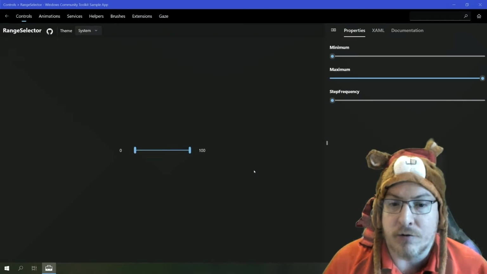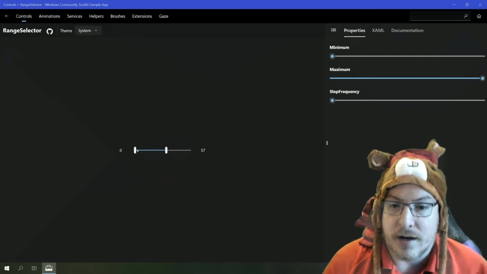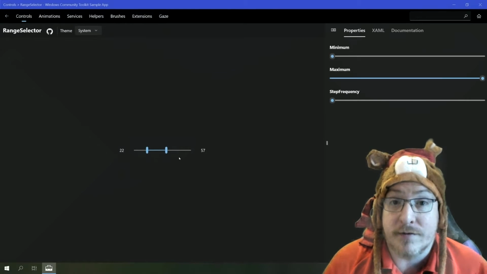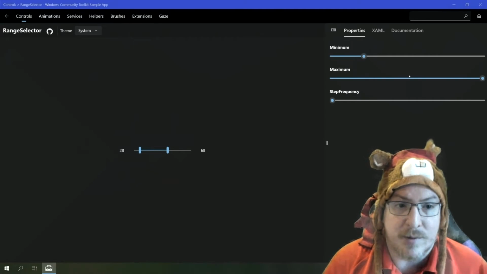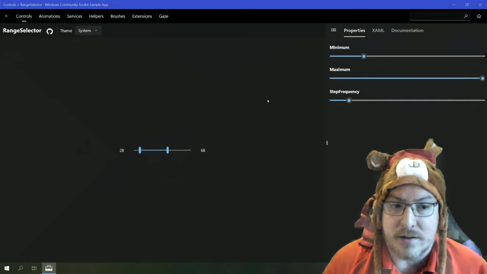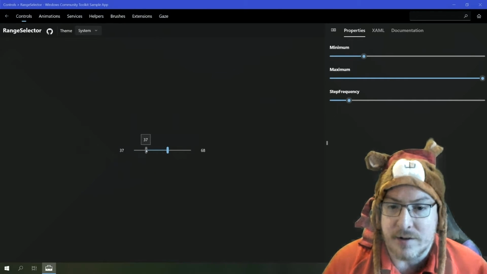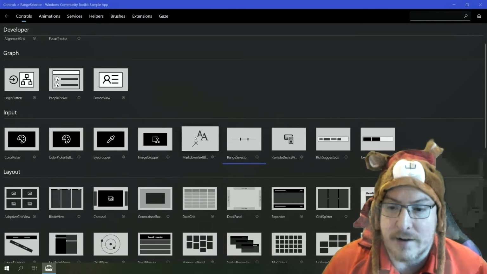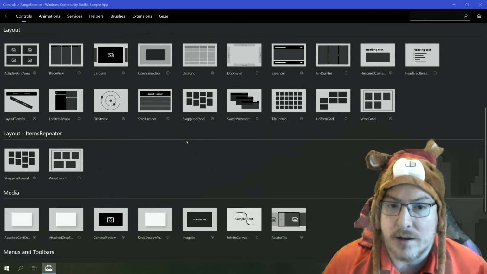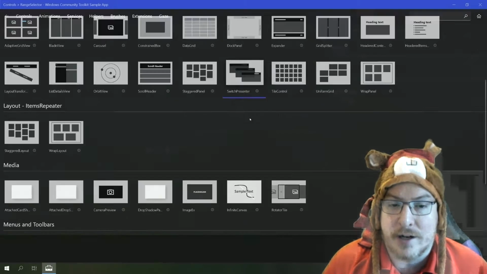So we have things like a range selector, which lets you narrow down to specific values within some designated range. So of course you can play with the minimums and maximums and step frequency of how often these values should adjust. We have novel, interesting controls that can be used in a variety of different circumstances,